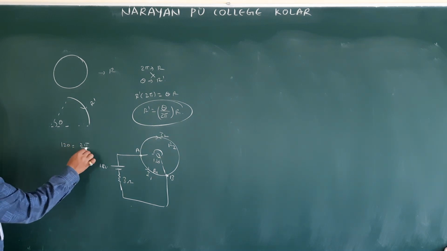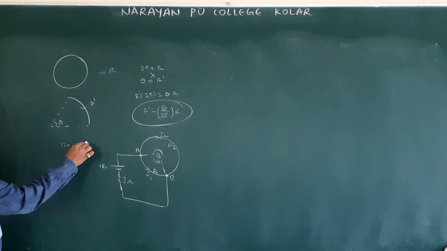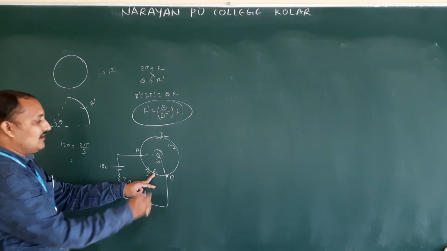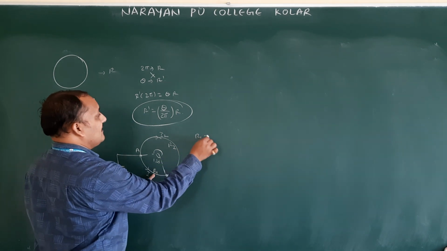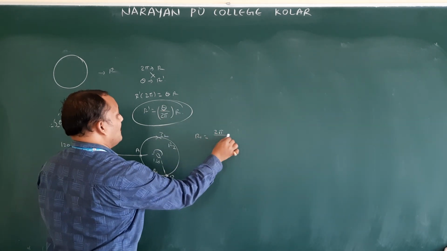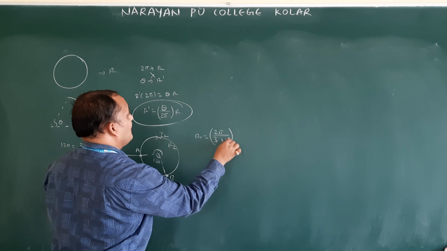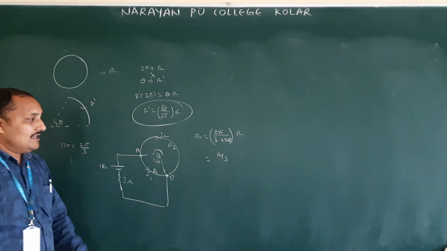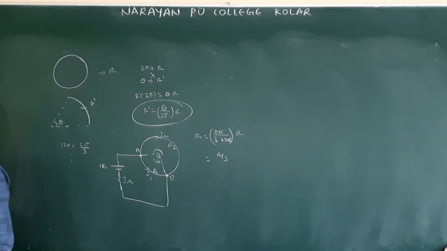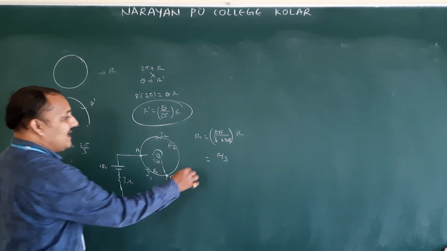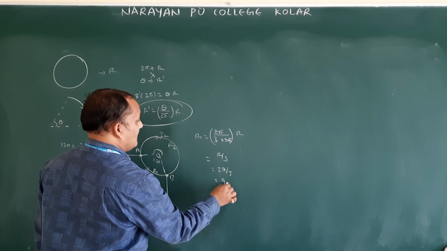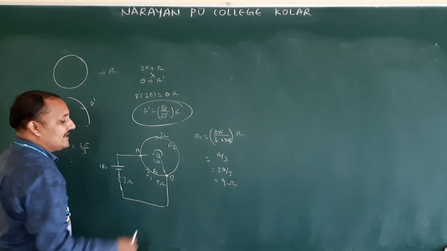120 degrees is equal to, can we write 2 pi by 3? We will write theta is 2 pi by 3. Then what is the R1 value, this resistance value? R1 is equal to theta value 2 pi by 3 into 2 pi into R. 2 by 2 pi will be cancelled. R by 3. The resistance of this complete wire they give: the wire of resistance 27 ohms. 27 ohms means this R value is 27 by 3. So the R1 value is 9 ohms.